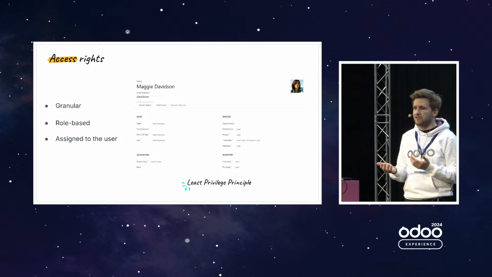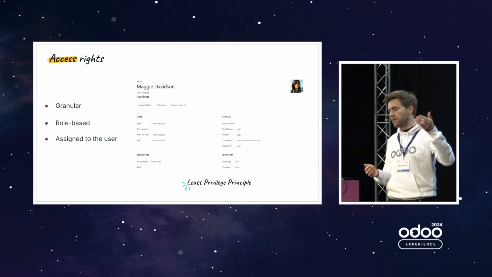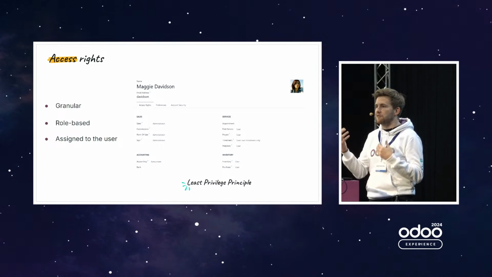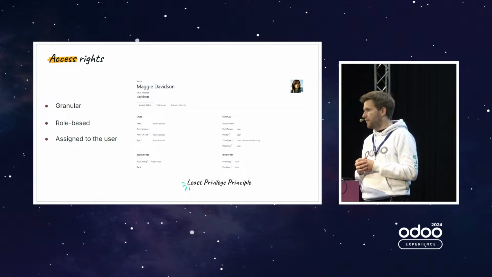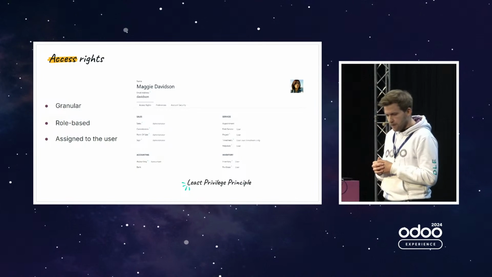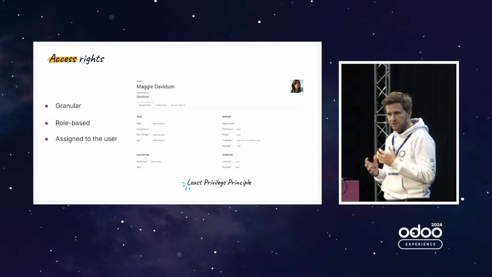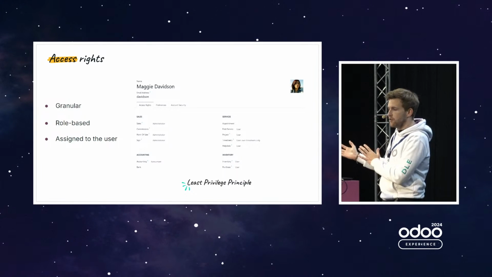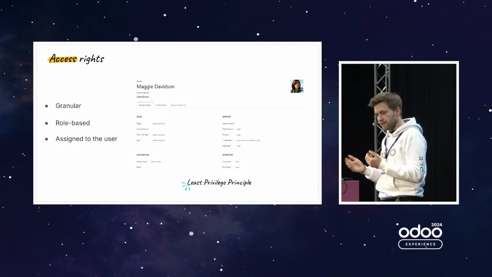If the employee is an accountant, you give him the accountant role, and he gets all the access rights he needs to fulfill that role. It's granular, so you can say this one is an accountant and also a developer, and put both.